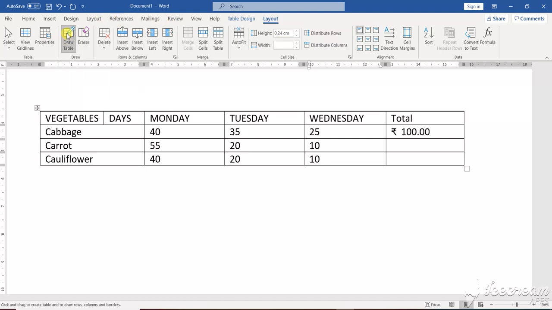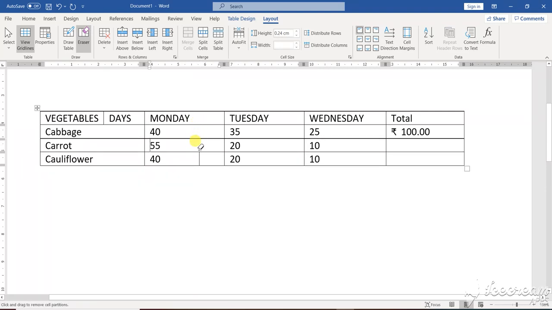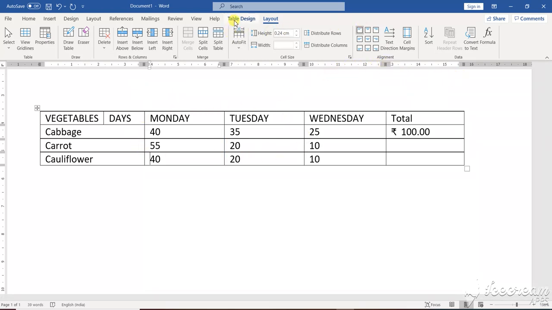Now take this particular pen. Okay, as you take this pen, you see the pen is there. Now if you want to drag one line here, see the line is there. So this is how you can draw it. If you want to erase, you select the eraser, select the particular line, and the line will be deleted. Okay, so this is how you can do the work on the base of this particular table and table implementations. Okay, so this is how you can use the table in a different form or different way.